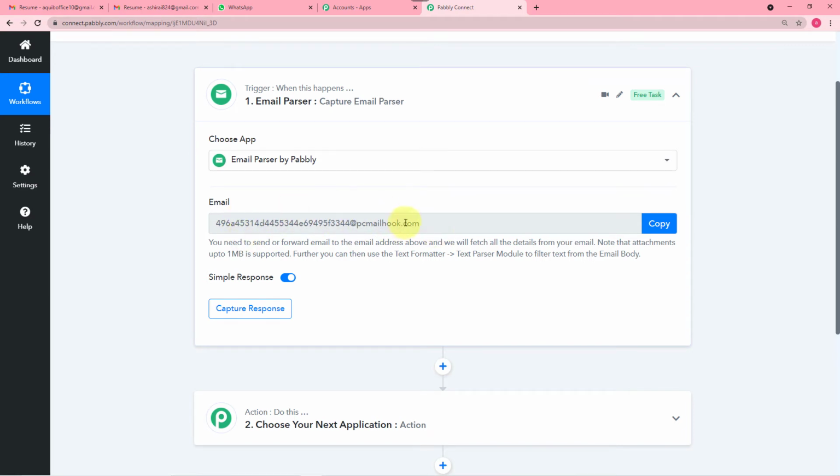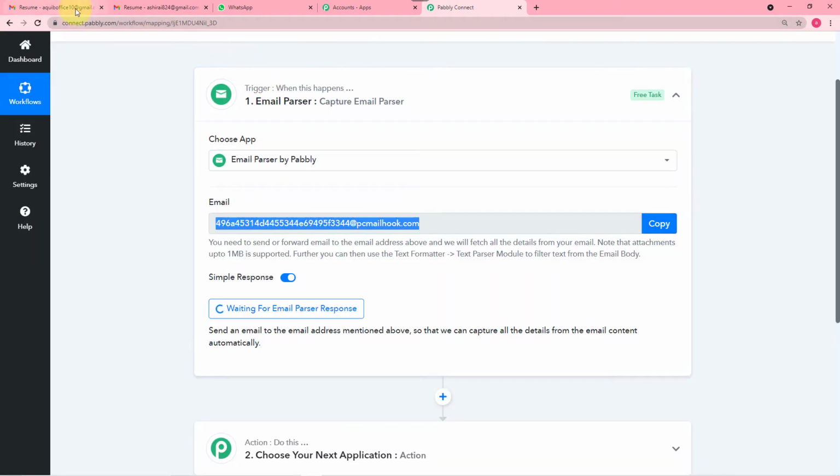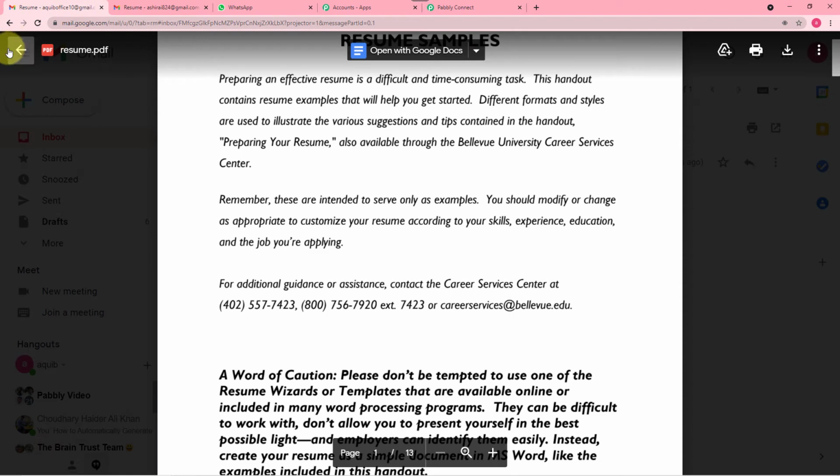With the help of this email ID, we are going to attach the Gmail account of the HR who is receiving the resumes, right? So just copy this from here like this and go to the email account which is receiving the resumes.